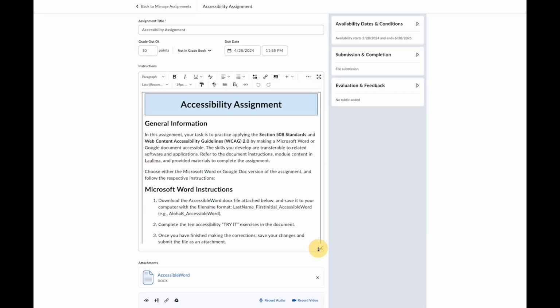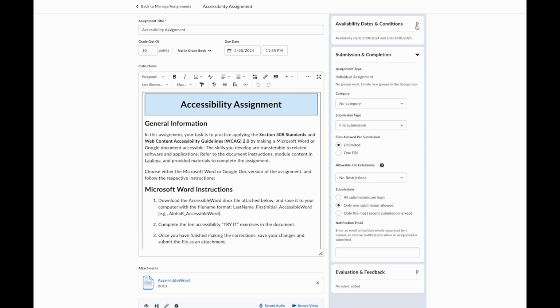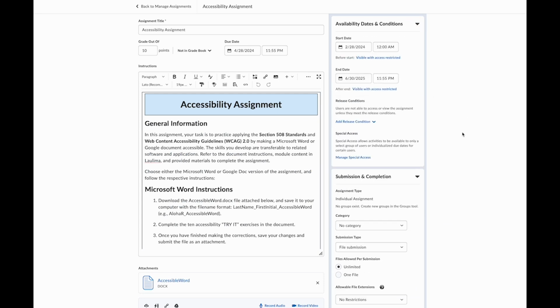I am going to talk about the things that successfully came over from Laulima first. Assignment title, grade points, and all the dates, including due, start, and end dates, are the same. The dates are important if you are planning to bulk offset dates to create new dates for an upcoming semester. The instructions and styling of assignment instructions are the same as it appears in Laulima, and the assignment attachment also